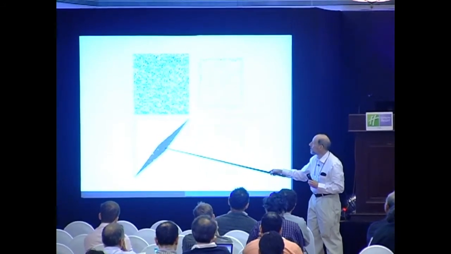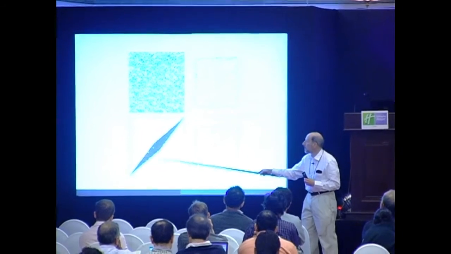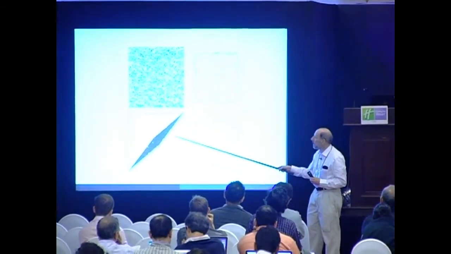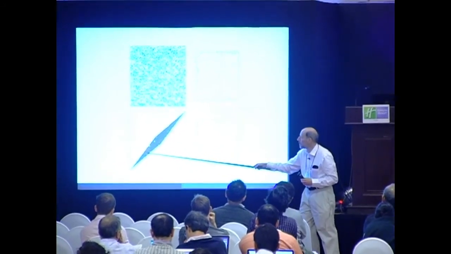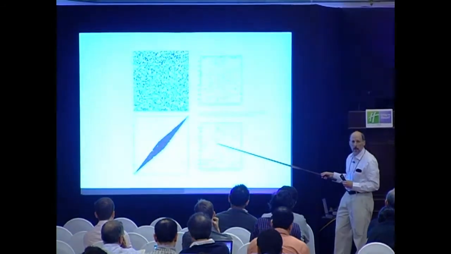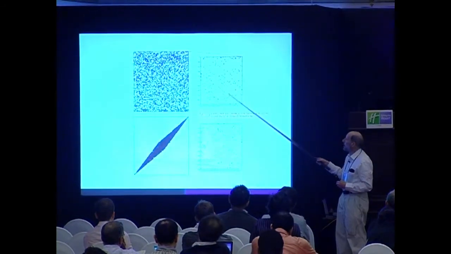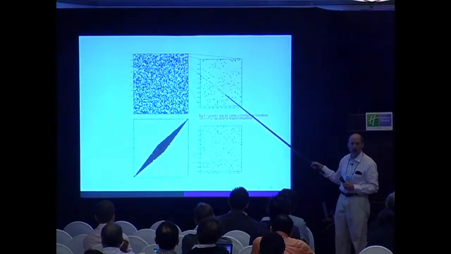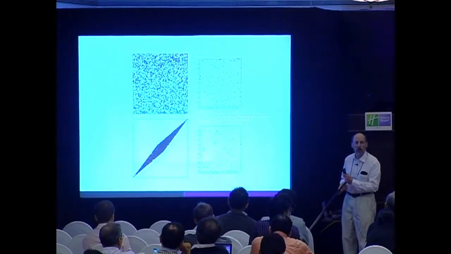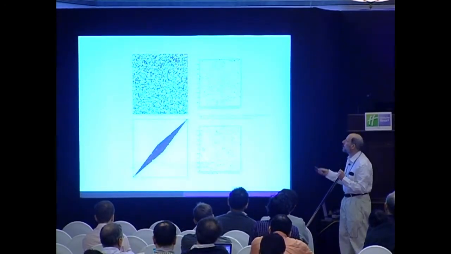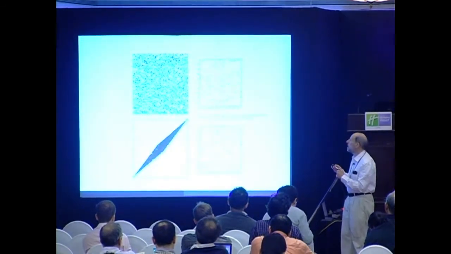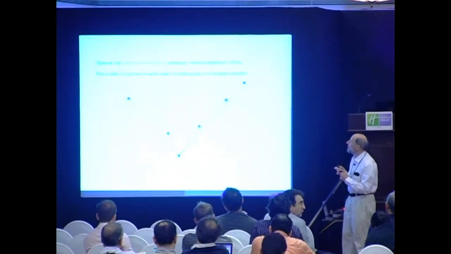Below, on the lower left, we have the same sprinkling after subjection to a boost. So it's highly boosted, as you can see. And then we take a little square here, which happens to have the same coordinate values as the original, and blow it up. Although these are not in detail the same, there's no way you would be able to distinguish before from after. That is, the process of boost, even a very large boost, doesn't disrupt the uniformity, and therefore you don't distinguish a frame, you don't prefer a frame.